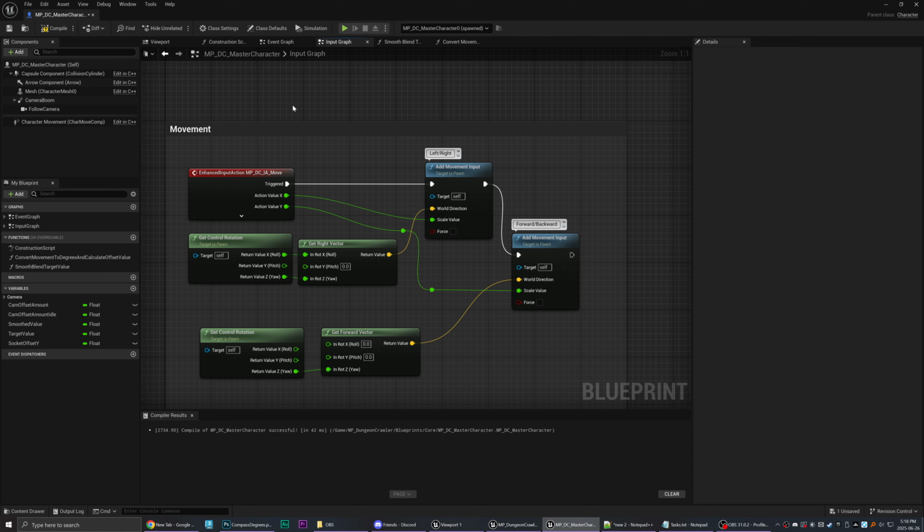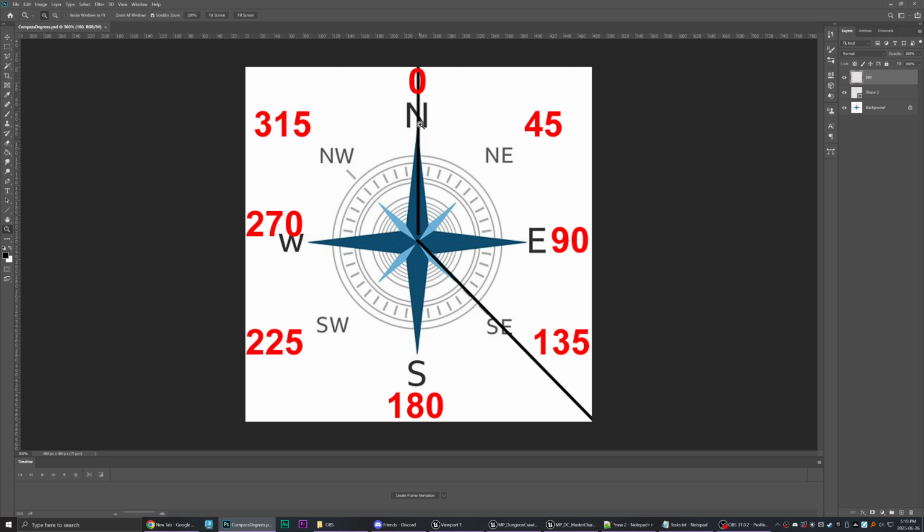I wanted 0 degrees to represent north, or moving forward, 45 northeast, and so on, all the way around to 359, without outputting negative values, because Unreal loves to do that. When you don't do the conversion, if you're running down, it turns into a negative 180, and to the left becomes a negative value as well.